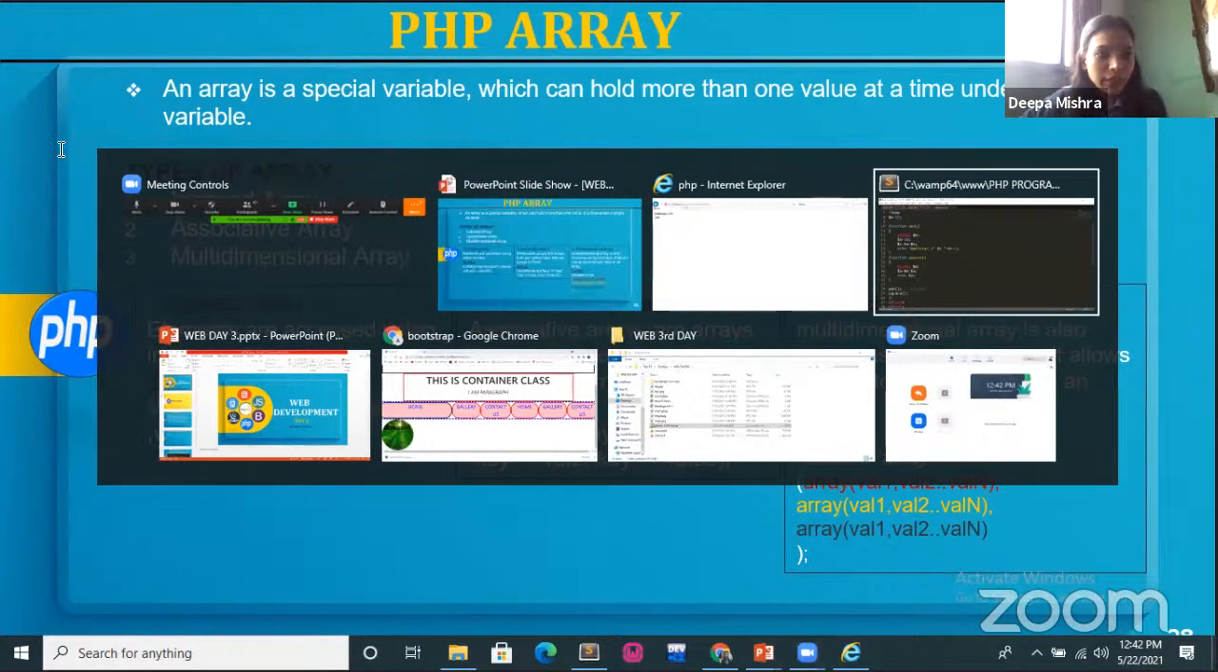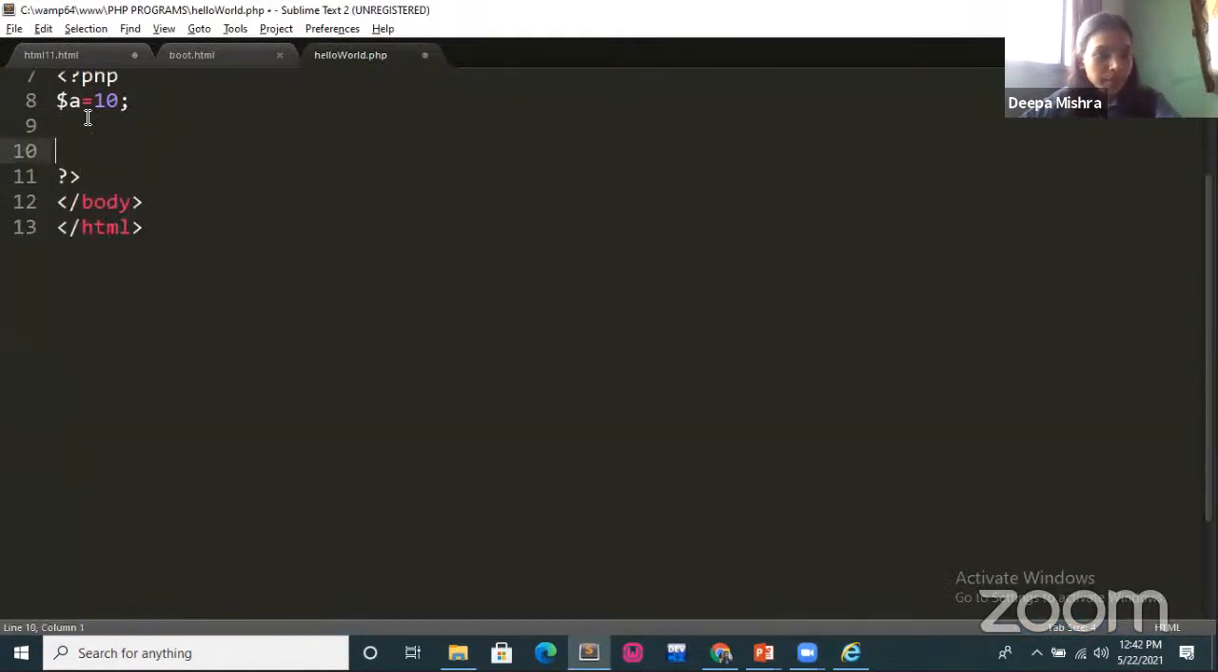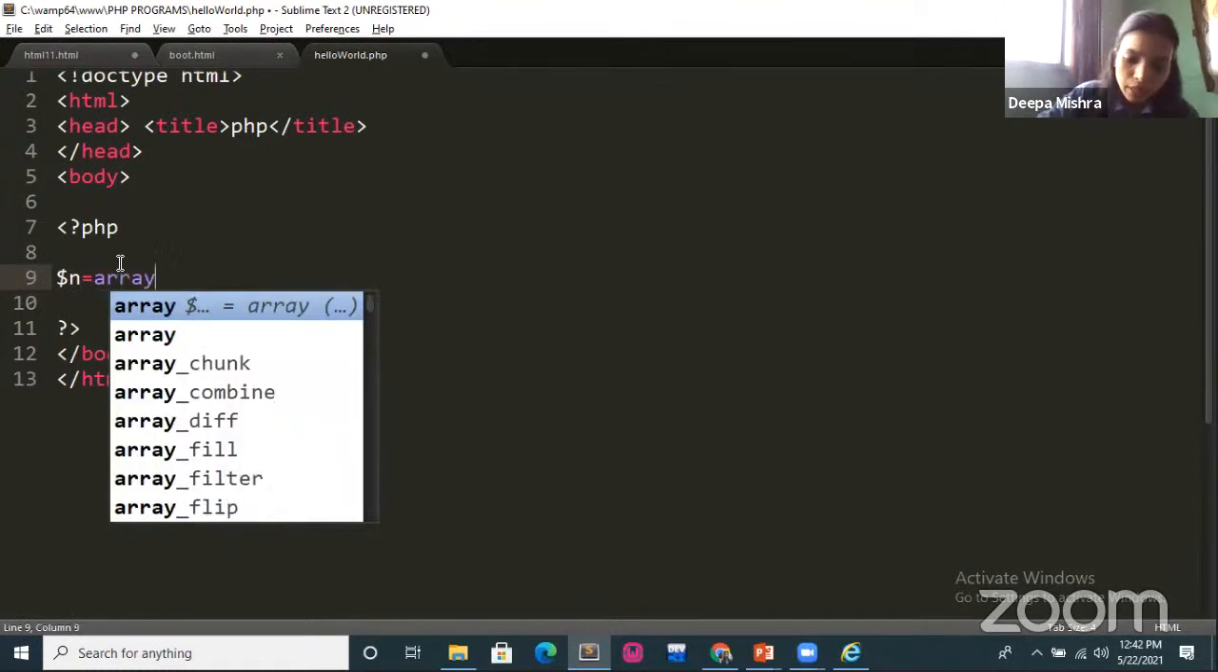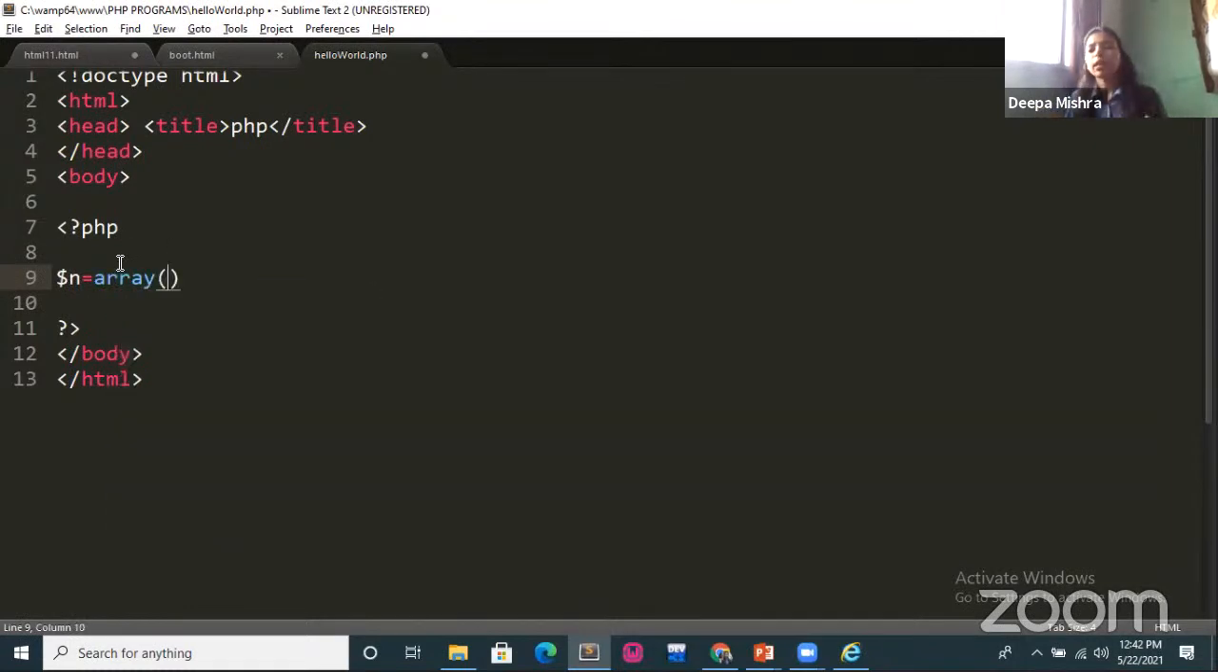So now first we are going to define our indexed array. How do you define the indexed array? Basically, first the name of the variable. Let's take here n is your variable, is equal to array. Now in this n variable, you can store as many elements as you want. So here I am writing 12, 32, 44, 55, 66 like this. Now this is my